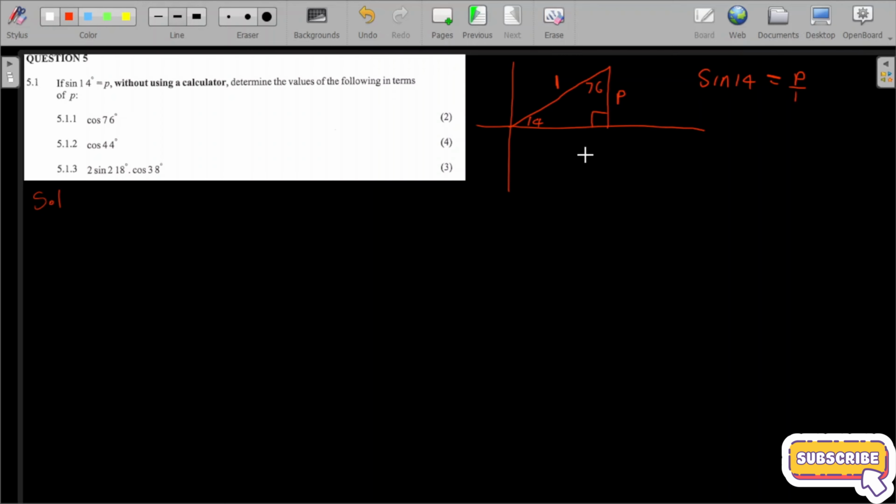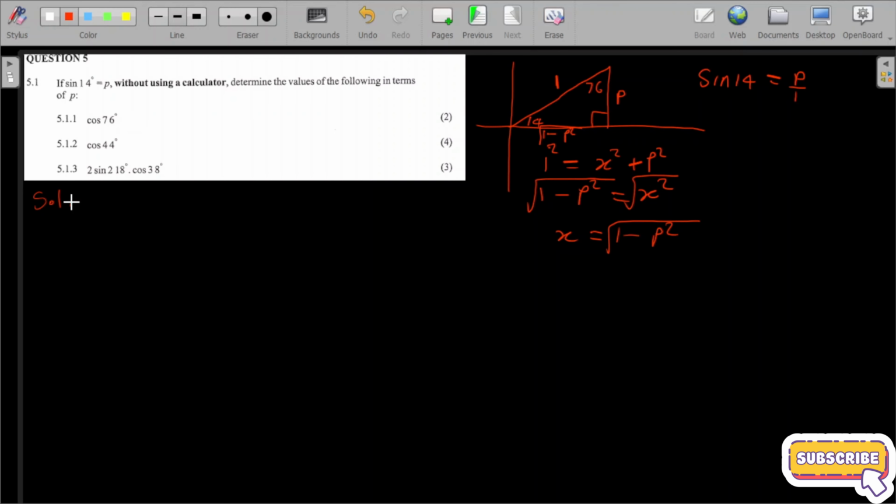So what I'm going to do is use Pythagoras' theorem. 1 squared is equal to x squared plus p squared. Taking p to the other side, it's 1 minus p squared equals x squared. Then we square root both sides, so my x is equal to the square root of 1 minus p squared. Now let's come back into